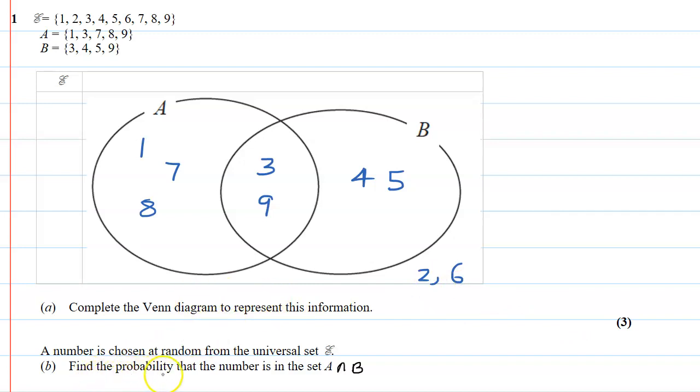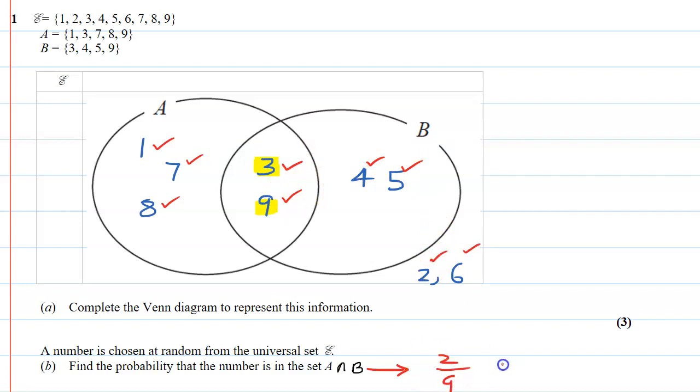Next they are saying find the probability that the number is in the set A intersection B. So how many numbers are there in A intersection B? If you see here, there are two numbers, 3 and 9, so that is our intersection part. So two numbers are there, and the total numbers are 9. If you count 1, 2, 3, 4, 5, 6, 7, 8 and 9,